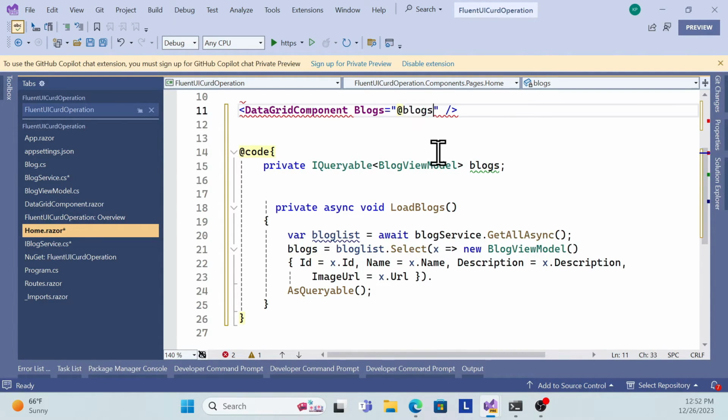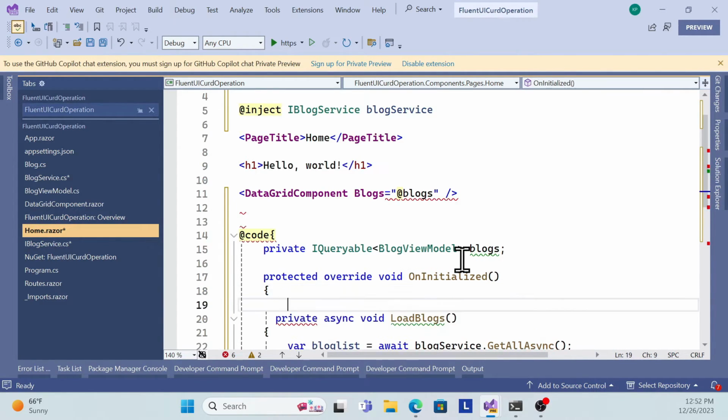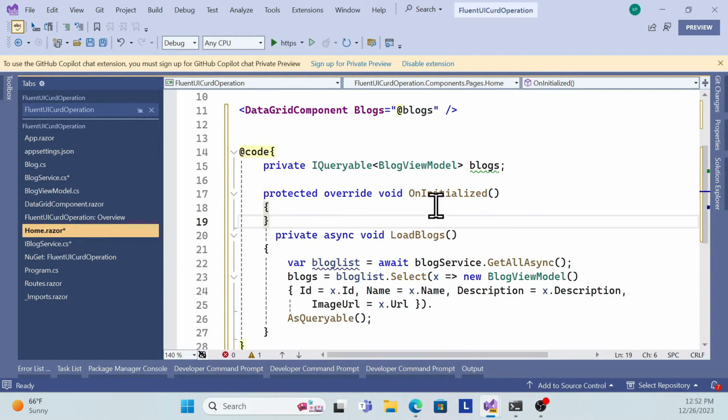So let me define over here. This is done. Now see, this is our usual component using that Fluent UI, and I just pass the collections to it. And I need to use one life cycle method of this component. If you are aware of this Blazor concept, there is one initial life cycle, the first life cycle, which is on